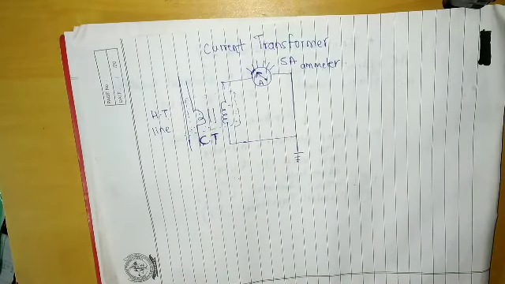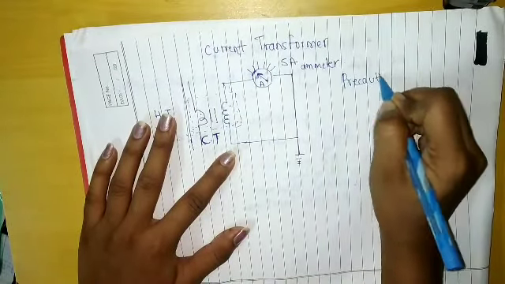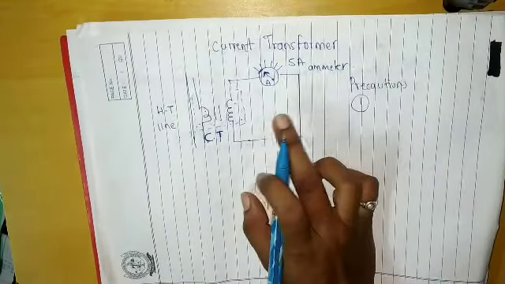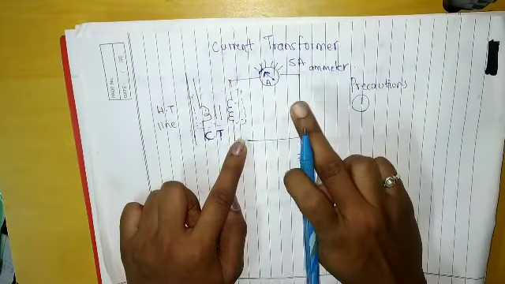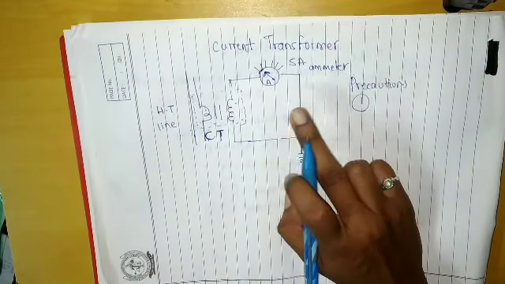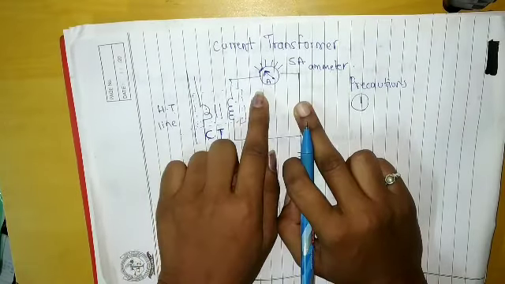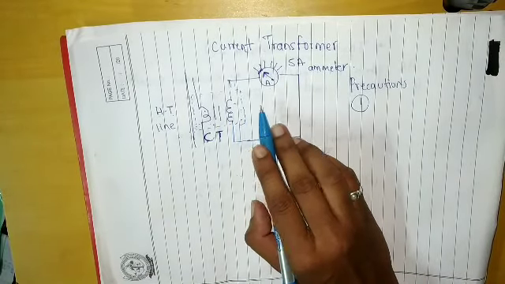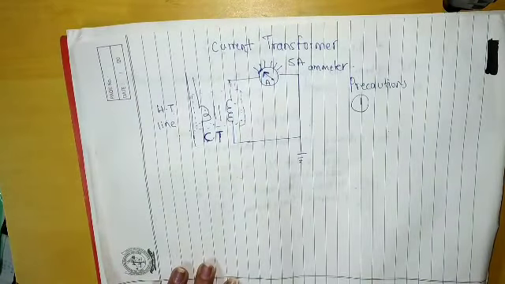Now we will see what precautions we have to take. So what is the first precaution? The secondary, this is our secondary, right? Secondary should not be kept open. It should always be closed. The secondary side must not be kept open, in case high voltage is induced in the circuit, right? So here voltage is getting increased and current is decreasing, right? So what will happen due to this high voltage? Due to this high voltage, the core of the transformer may get damaged. So we should not keep the secondary side open.